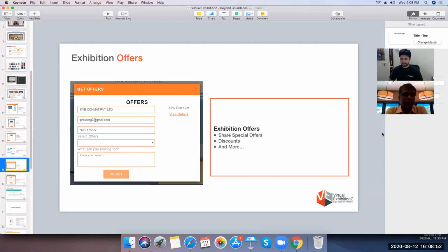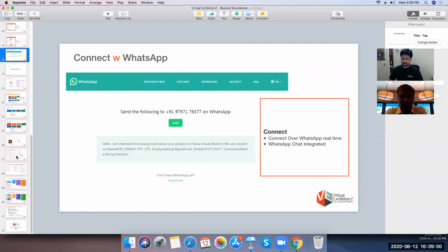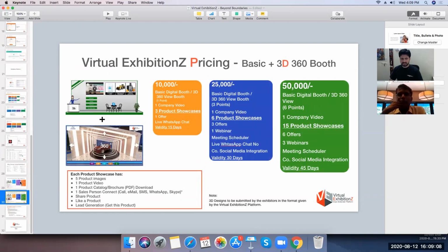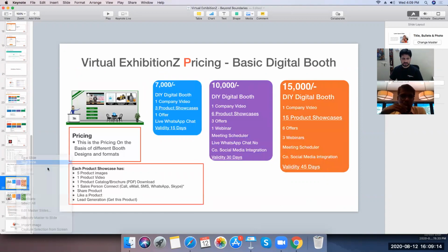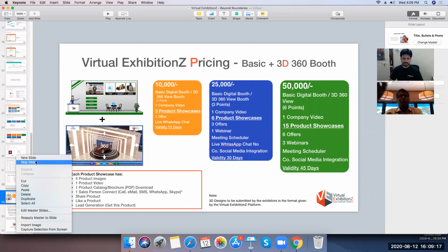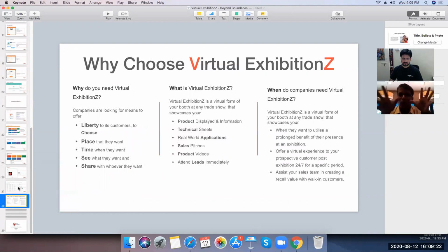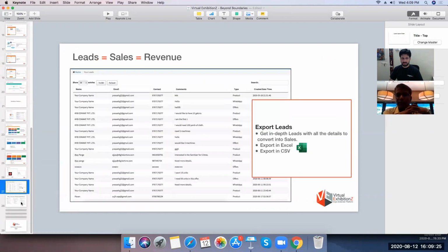Done. Perfectly fine. One more thing, Prasad. The costing and all will work out separately. Don't send it along with this. You send us the costing separately, offline. Shall I remove the basic costing also? Yes, you remove this. There should not be any costing discussed here. In the PPT, you don't put any costing. You just send me a different PDF separately, offline, on the costing part and the proposal part. No problem. I'm going to send you a PPT, I'm going to send you a video, and then I will send you another mail with the costing.